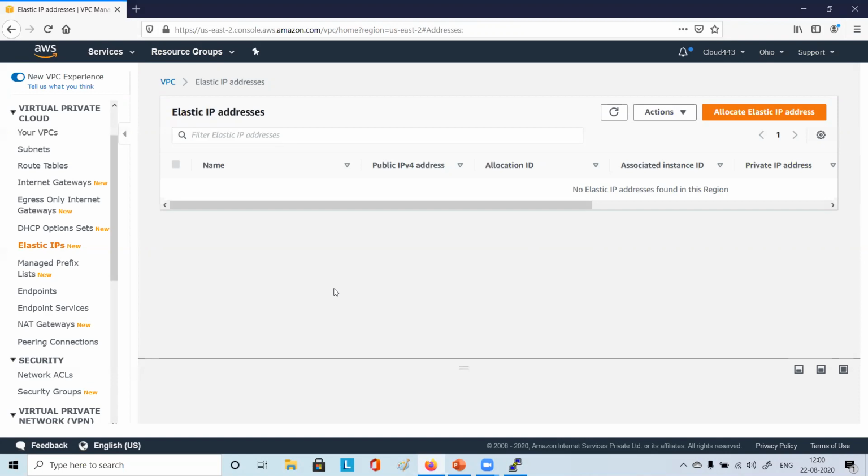So the purpose is to make proper use of the resource. No one should misuse that resource. So what we can do, we can allocate an elastic IP. One is free. If you take two, then for the second one you have to pay. We are shutting down our instances, so we'll take it, attach it, use it, and then detach it and release it. Okay. So let's quickly click on allocate elastic IP address.